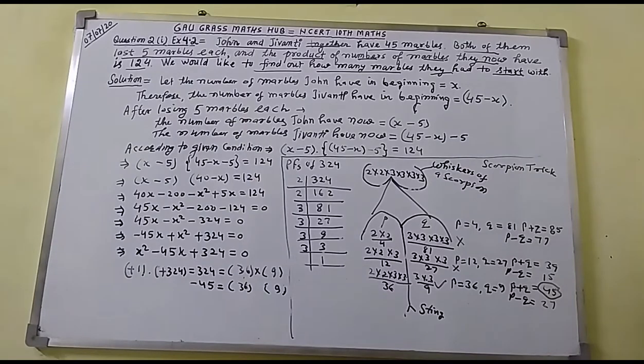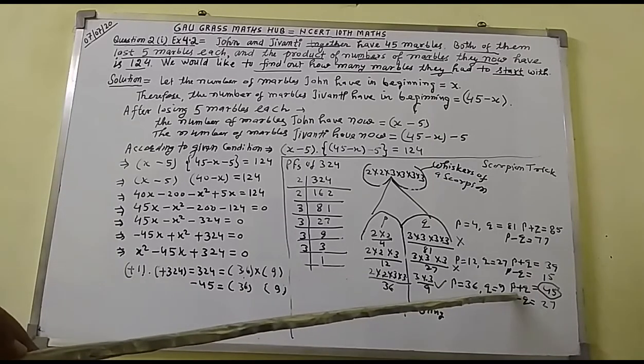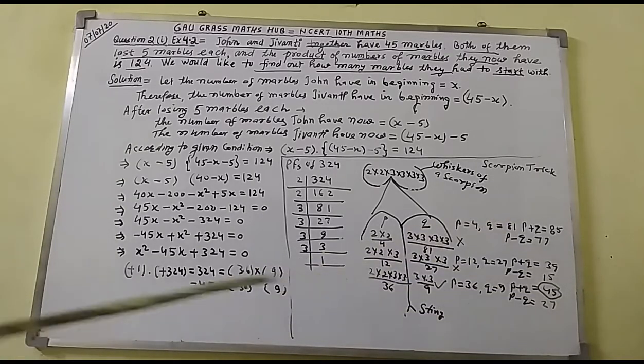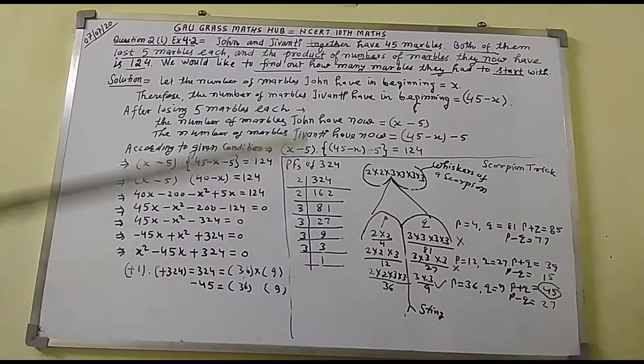Now come to the next. From there I have got P equal to 36 and Q equal to 9. I have put those values in these boxes, because this distribution, P equal to 36 and Q equal to 9, has been accepted. If you do P plus Q, that will become 45. 45 itself is the coefficient of x, you can see here 45. I have just neglected the minus sign here.